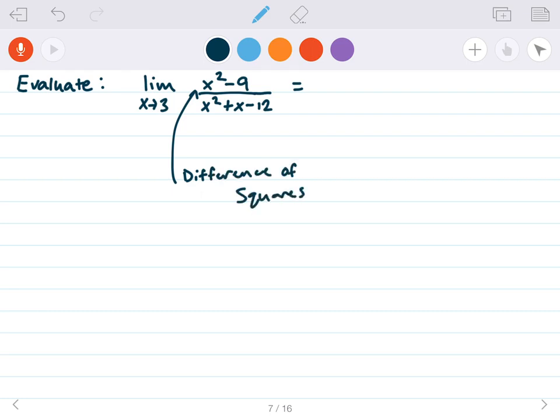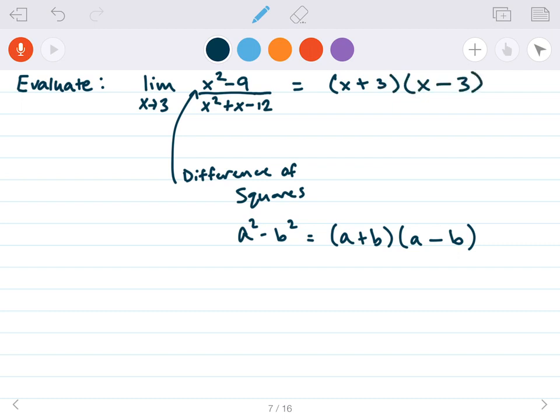Which tells us that a squared minus b squared is equal to a plus b times a minus b. Okay, so that's the difference of squares, and so we can factor the top as x plus 3 times x minus 3. And on the bottom we can factor this thing too,